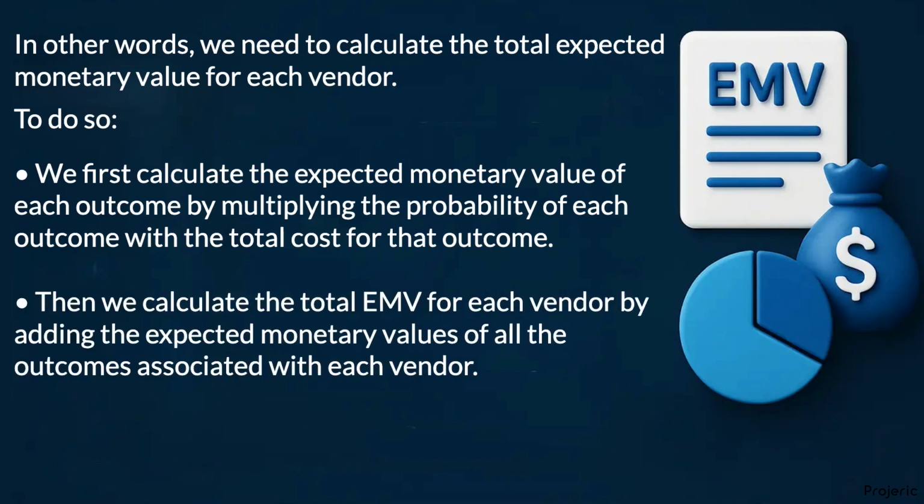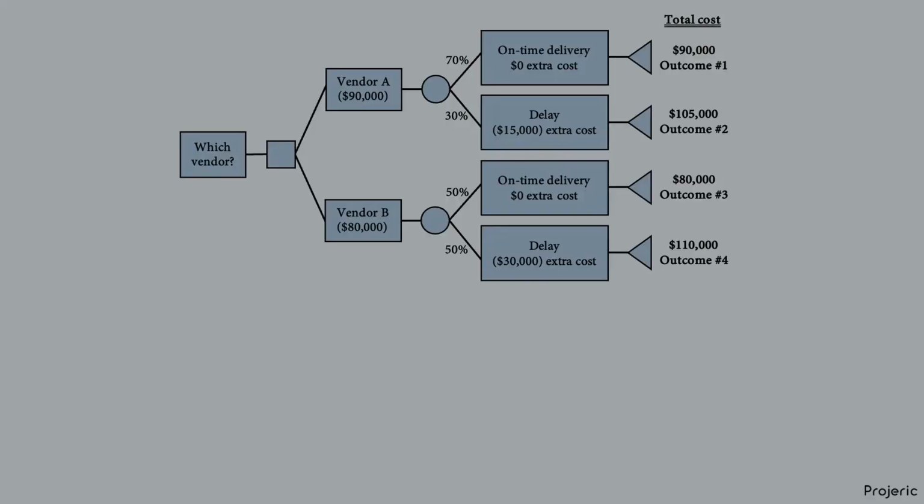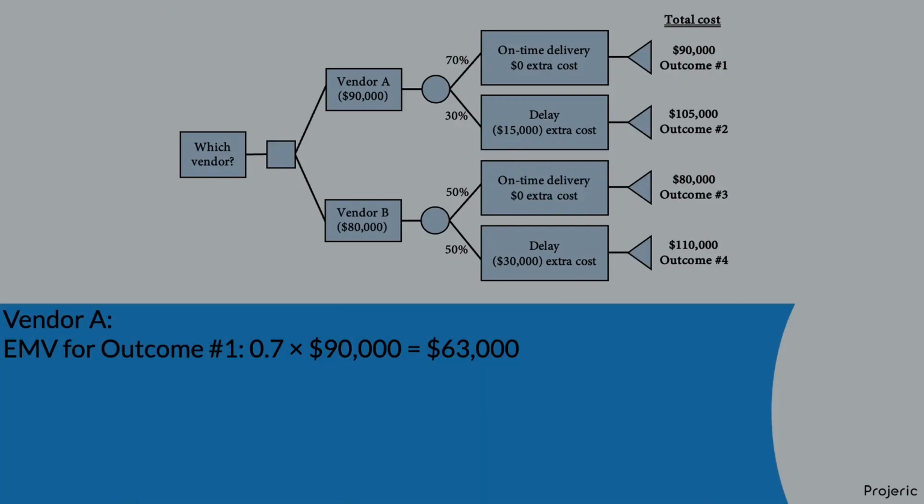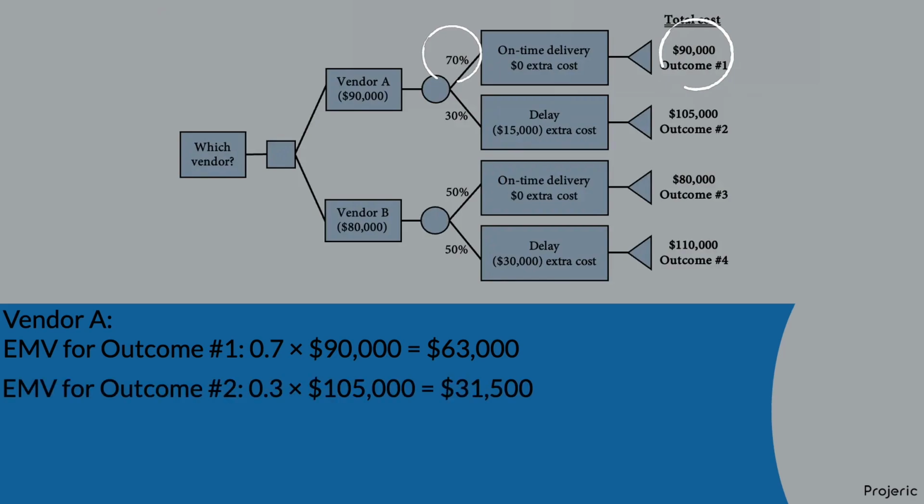Then we calculate the total EMV for each vendor by adding the expected monetary values of all the outcomes associated with each vendor. Let's calculate the expected monetary value of all the outcomes in our example, and then calculate the total EMV for each vendor. The EMV of outcome number 1 is calculated as 0.7 multiplied by $90,000, which equals $63,000. The EMV of outcome number 2 is calculated as 0.3 multiplied by $105,000, which equals